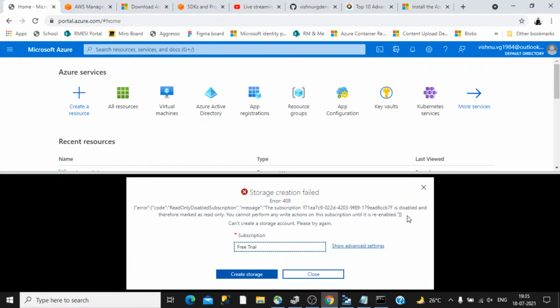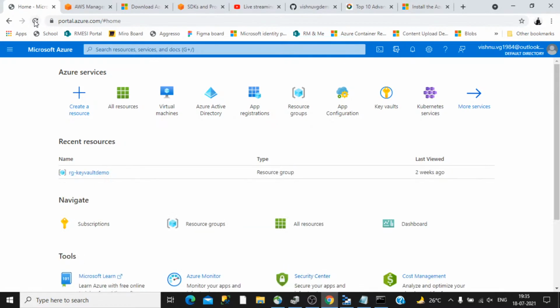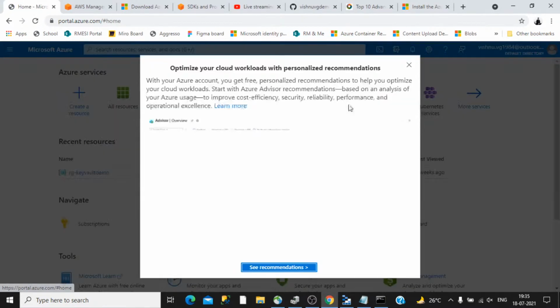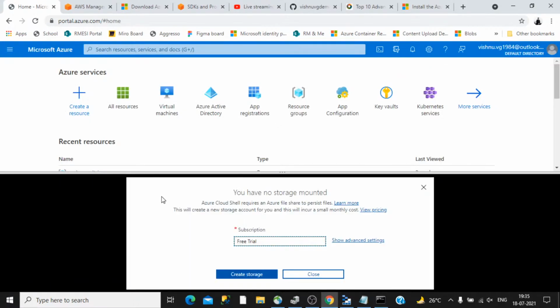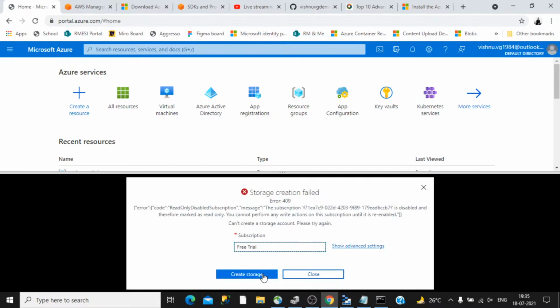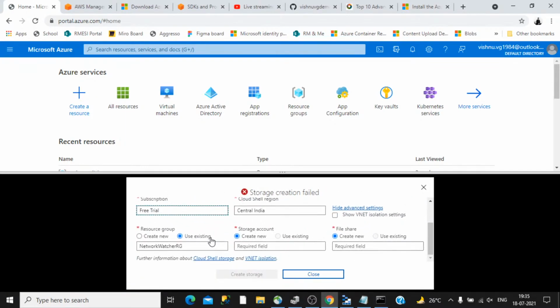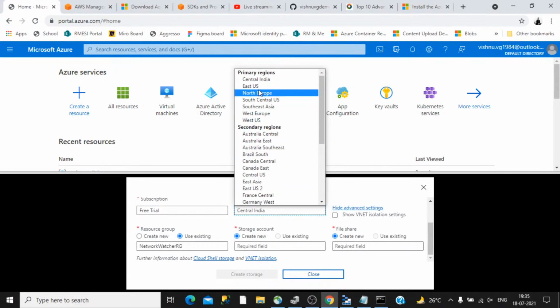The subscription is disabled and you cannot subscribe. Okay, this sometimes happens. Then we can refresh that. Then again we can start. Okay, I think some problem is there. Usually I will be able to create that.